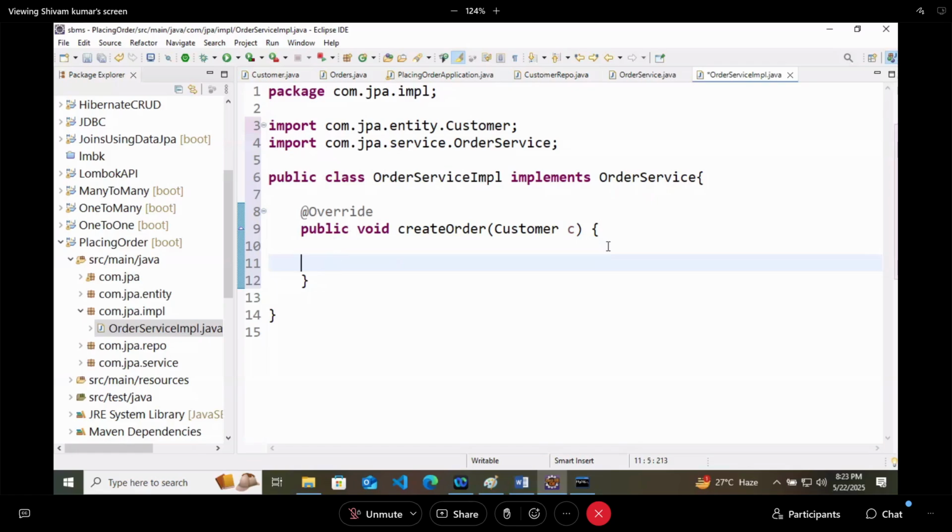Now sorted. Now I will do something here. At first you are taking one customer, right? You are taking one customer. So you will save this customer or not? You will save. For saving the customer, you need